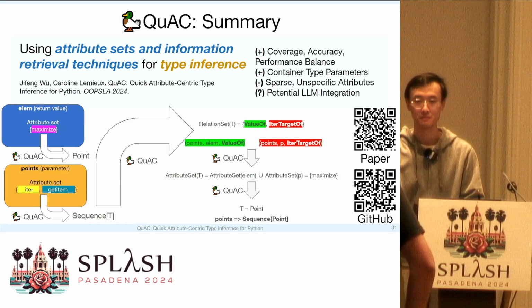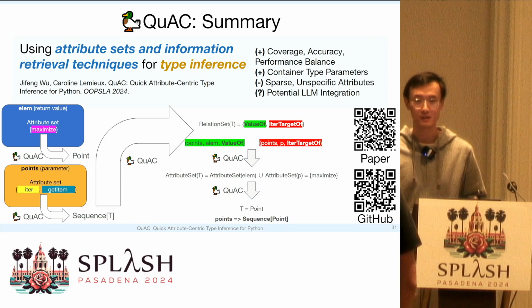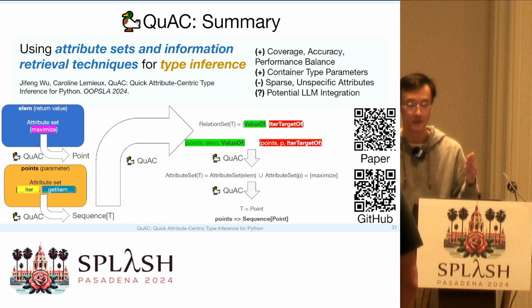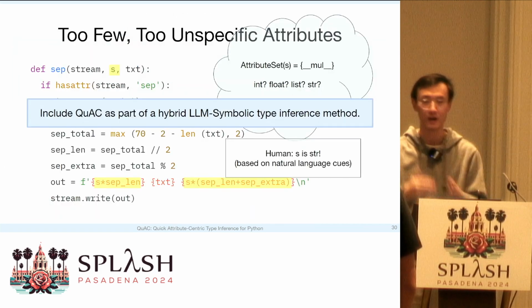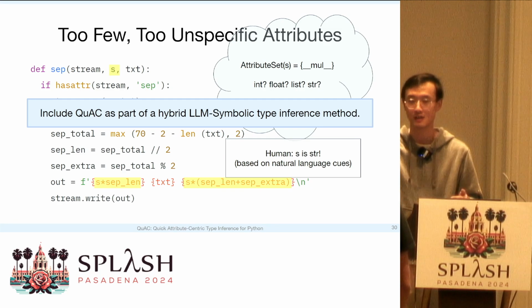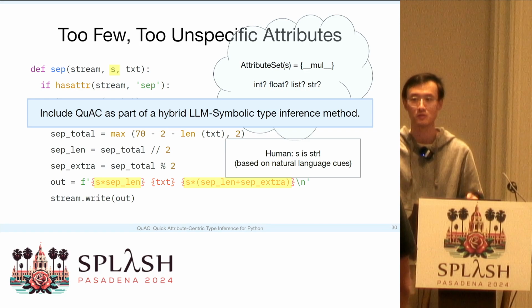Cool. And then I also really like the way that you're querying attributes on a database of known classes. Have you considered using that to detect typos in method names and things like that, where a type is close except for a very near method? I guess that is a very interesting direction of future work, and I see potential with that being integrated with the LLM symbolic type inference method that I suggested, because sometimes with those typos, we could leverage the capability of large language models to understand natural language cues in that scenario.